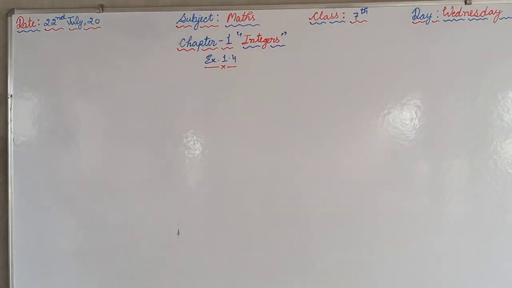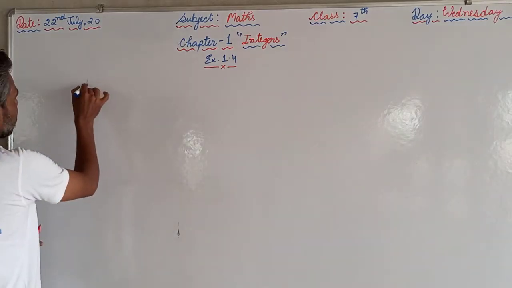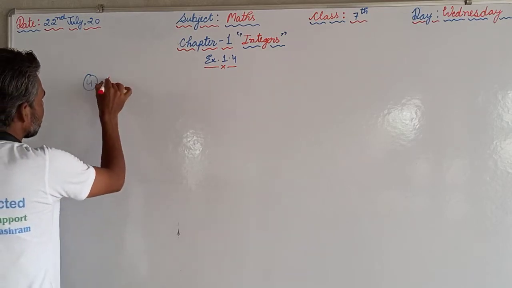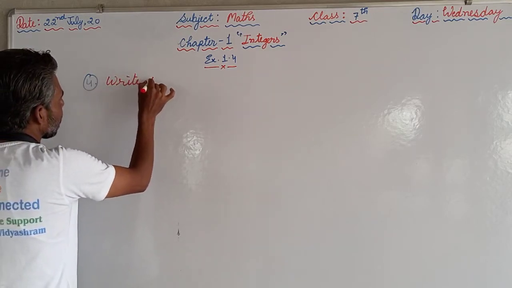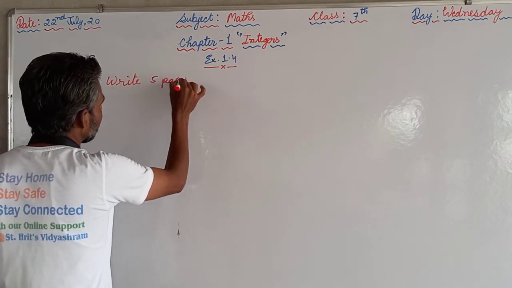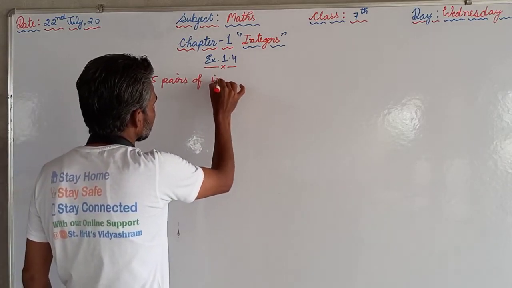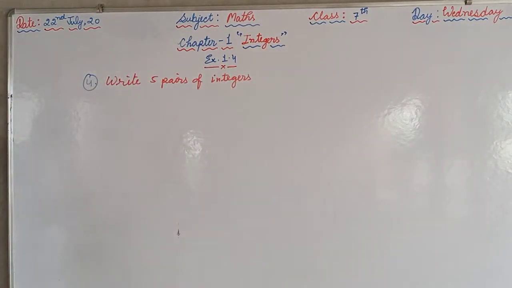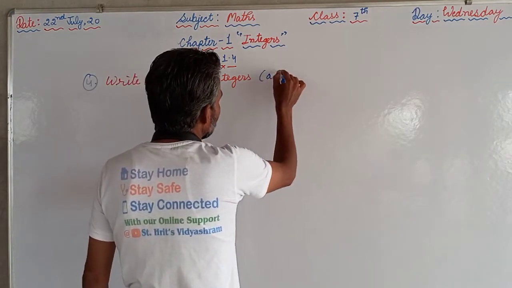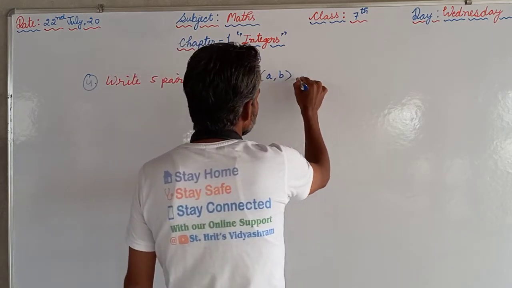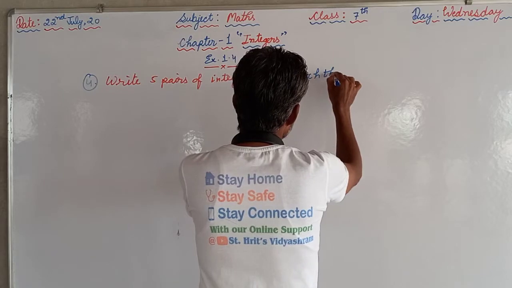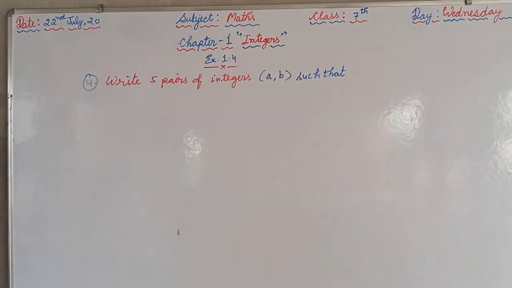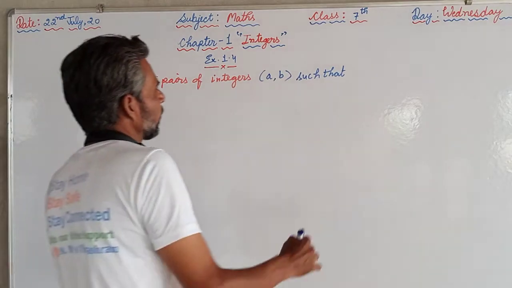Question number 4: write 5 pairs of integers in the form A comma B, meaning 2 integers will be there, such that A divided by B